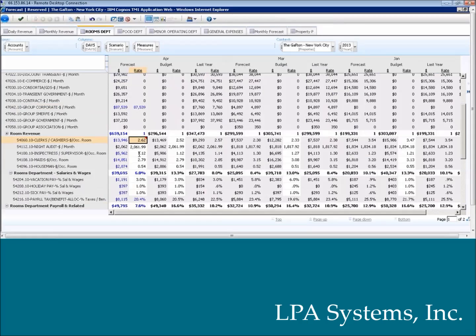The $2.62 I can update as a manager to adjust that up or down. And I can see that I budgeted $2.52 per occupied room. What I did last year for that account is $2.57, and what I did last month actuals was $2.38. So I can actually adjust this up or down if I want to. So I'm going to adjust this to $2.40